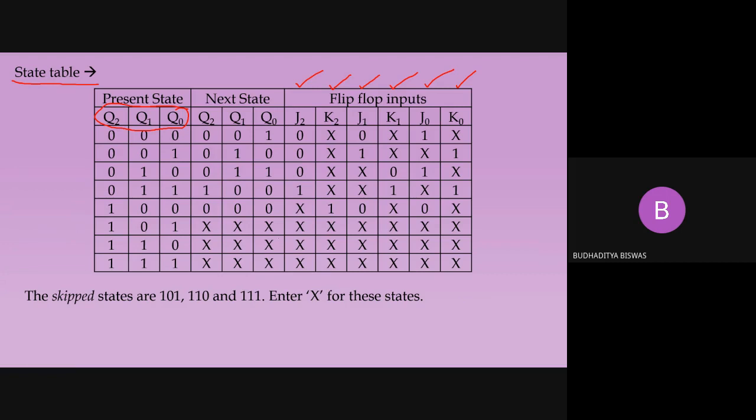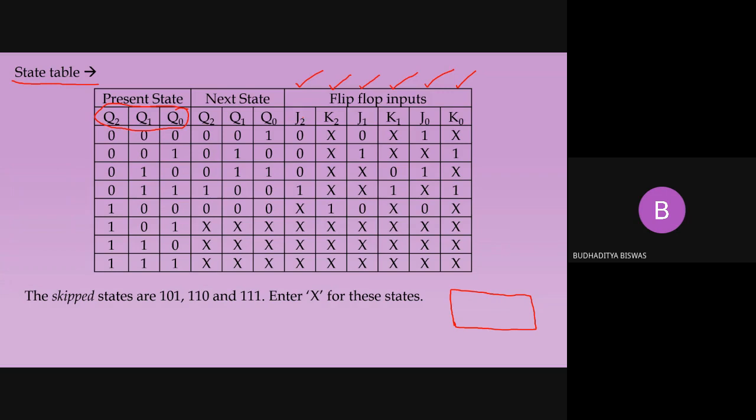I think in the PPT the K-map is not shown, but for your understanding I will do the K-map for any one of them. So just tell me which K-map I should draw, because I need to draw 6 K-maps for J2, K2, J1, K1, J0, K0. I want to give one example here. I want to draw the K-map here. So just give me any one example among the 6 variables. Which one do I need to find out?